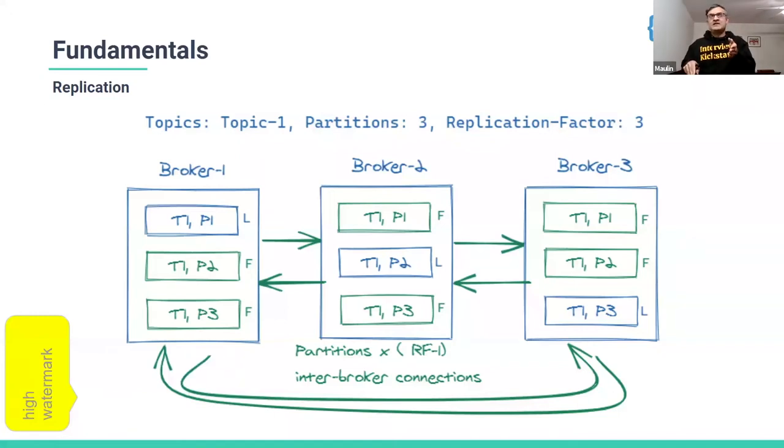Why? Because let's say if it doesn't do that, and as soon as the leader gets data, it moves the high watermark to say, hey, this message is good for the consumer. And if that leader goes down, then broker 2 or 3, let's say, who becomes the leader and doesn't have this data, will be confused that the consumer is supposed to consume message number 10, which doesn't exist. So because of that, it keeps the high watermark lagging behind the log end. Log end moves faster depending upon your produce rate, and high watermark moves based on your replication speed.